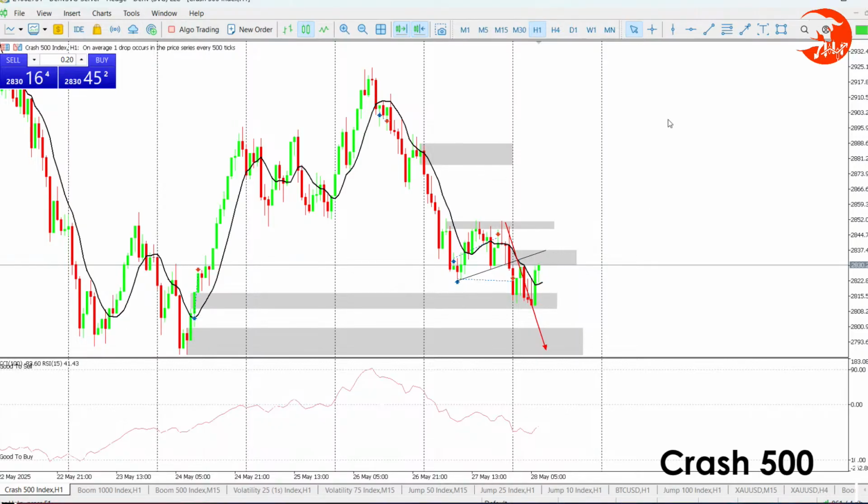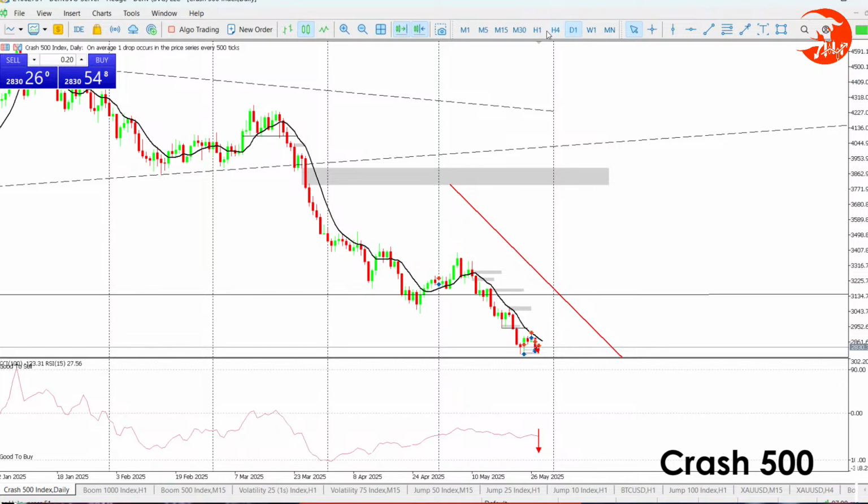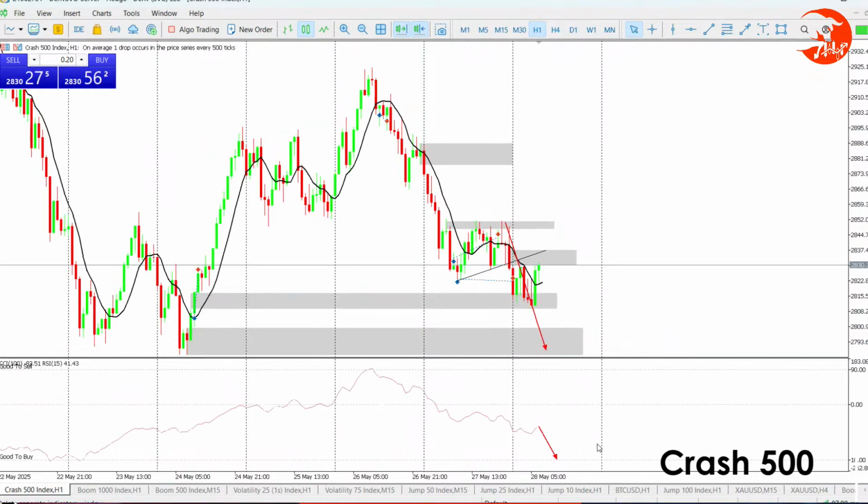So price can easily come all the way to this order block down below for that H1, because remember, like I told you, according to CCI, we are still looking for price to come to oversold level. So in as much as we want to buy on H4 and daily time frame, H1 has not yet given us a good entry yet, a good signal to continue buying it, and clearly it is reacting to this level. So anything can happen, the momentum can shift.